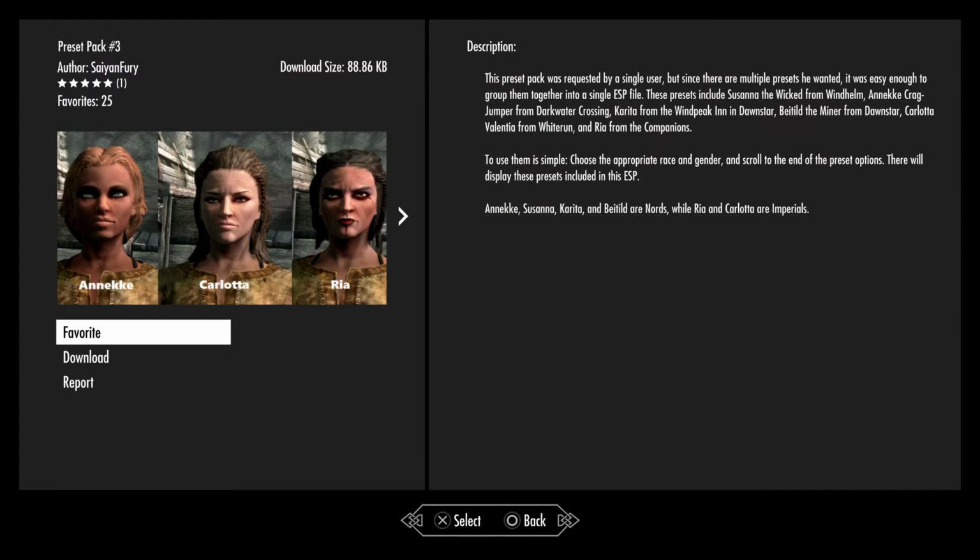Presets Pack number 3. The preset pack was requested by a single user, but since there are multiple presets he wanted, it was easy enough to group them together into a single ESP file. These presets include Susanna the Wicked from Windhelm, Annika Crag Jumper from Darkwater Crossing, Karita from the Wind Peak Inn in Dawnstar,